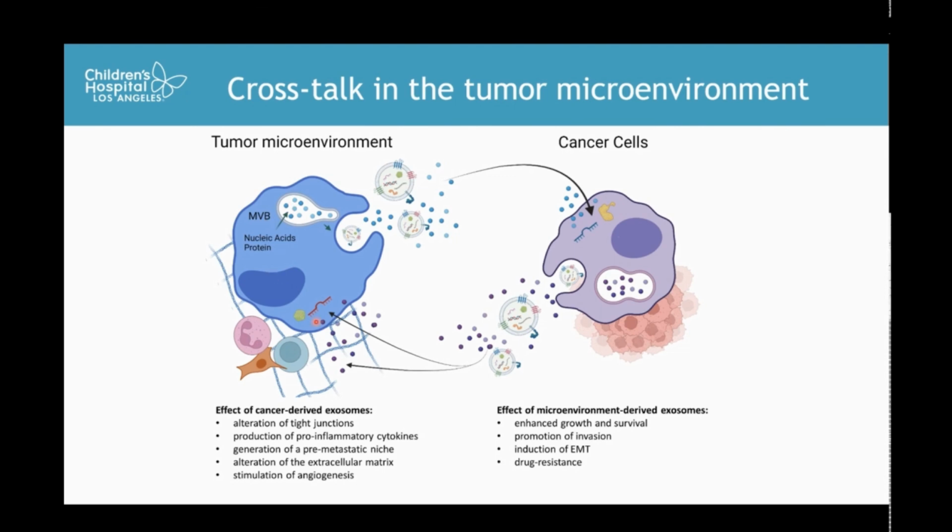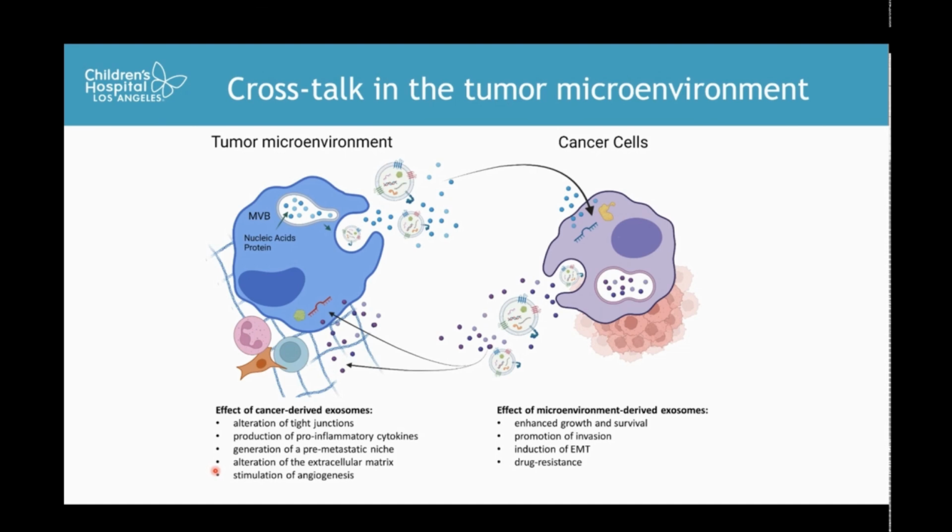They may be taken up by resident immune cells, or they may have activity on the extracellular matrix, resulting in, for example, alteration of tight junctions, production of pro-inflammatory cytokines, generation of pre-metastatic niche, alteration of extracellular matrix, and